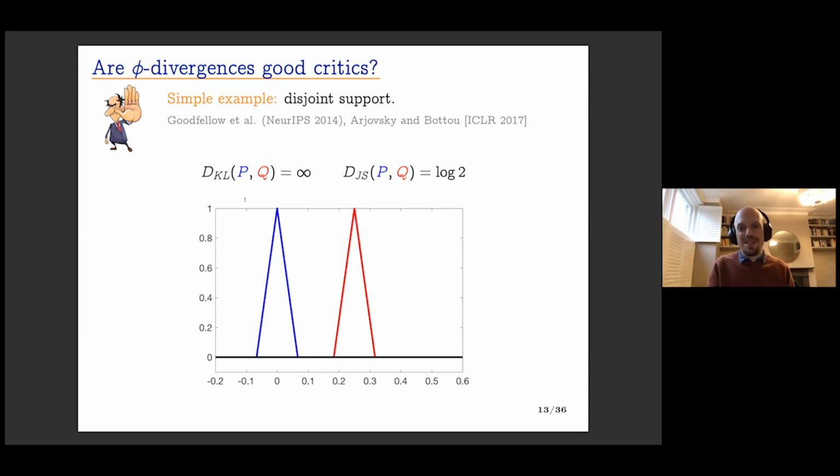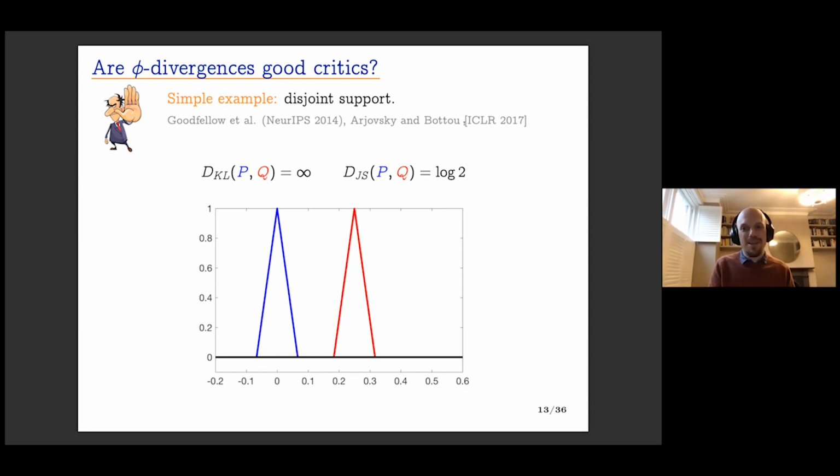And obviously, this has been known for some time. Arjovsky and Bottou revealed this property in their ICLR 2017 paper, and actually used that to justify using a Wasserstein distance rather than a phi divergence as a critic function for